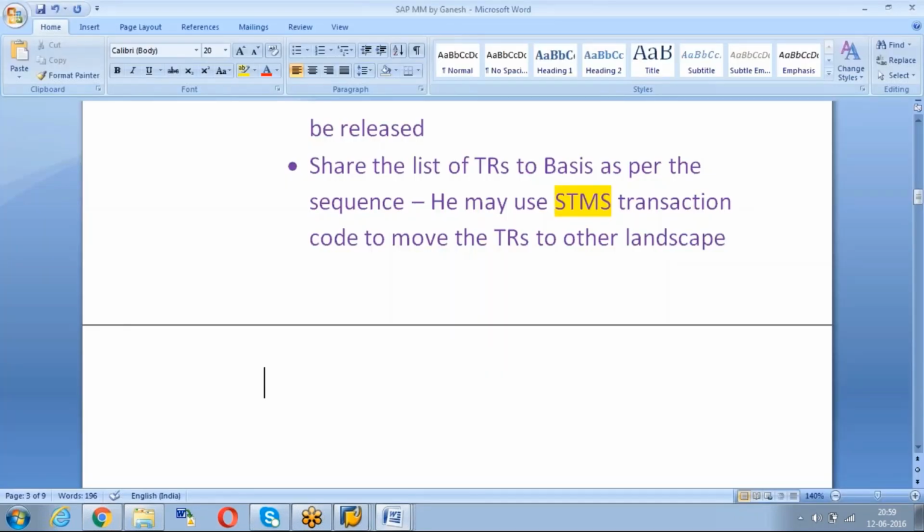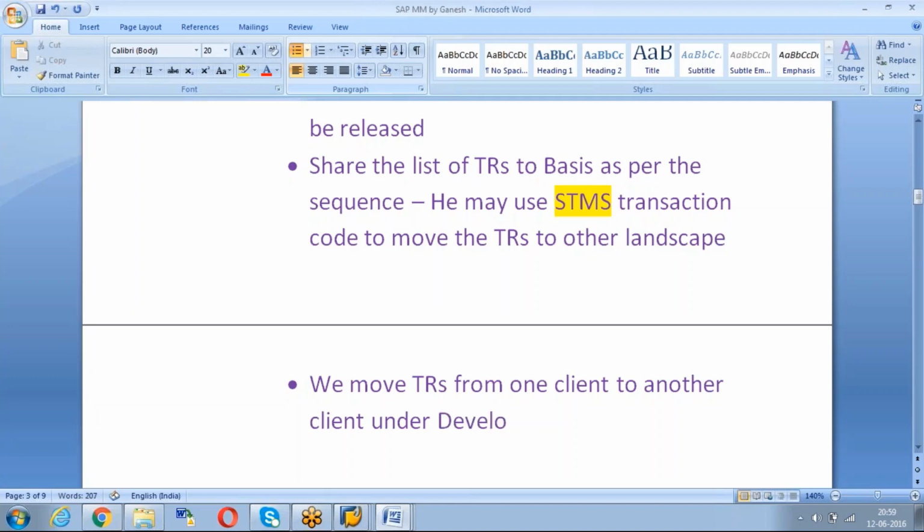That point I will write as required. We move TRs from one client to another client under the development landscape by using T code SCC1.